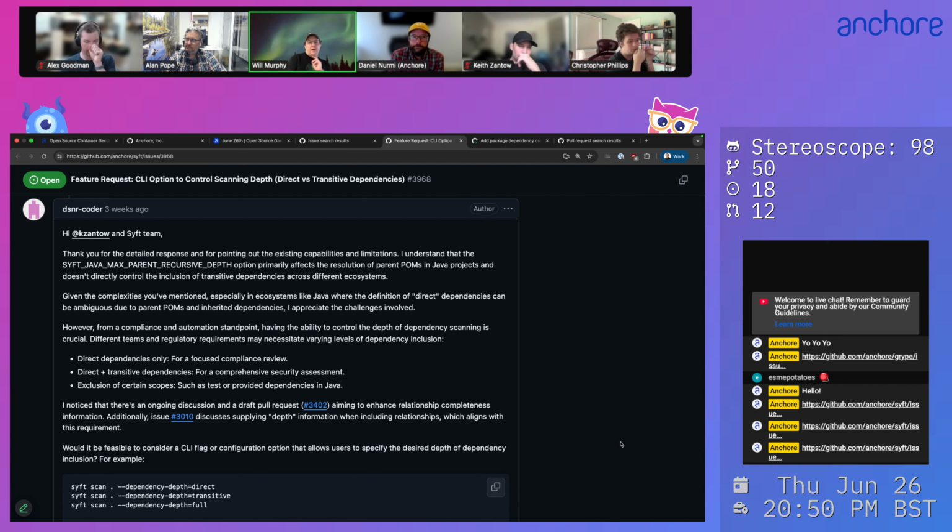So maybe they mean you have a Node app in Alpine, and with full you get all the APKs, you get whatever libc is in there. With transitive, you get all the npm packages, and with direct, you only get npm packages that you installed. I think you're close on that, Will, because we also have issues in Syft where